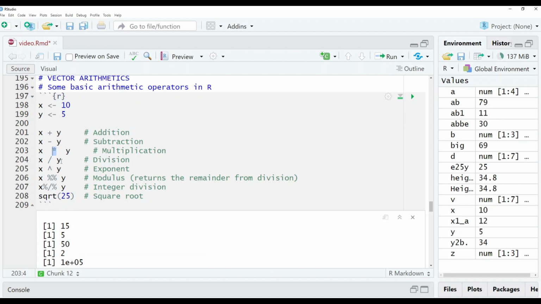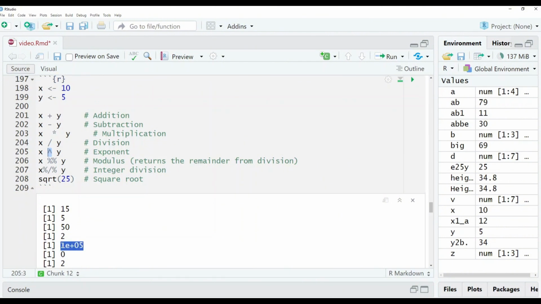Then we have division, which is represented by this sign. We also have exponential, which is represented by this sign. So x exponential y is going to give us this value. Then we also have the modulus. Modulus means to return the remainder from division. So when we say 10 modulus of y, which is 10 divided by 5, it's going to give us 0,